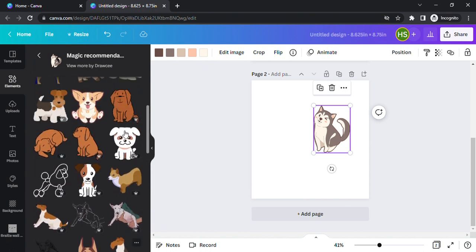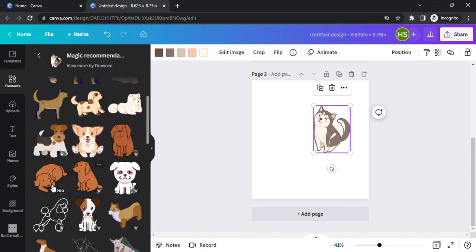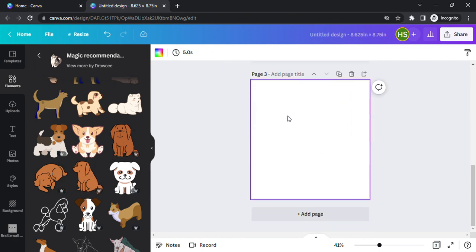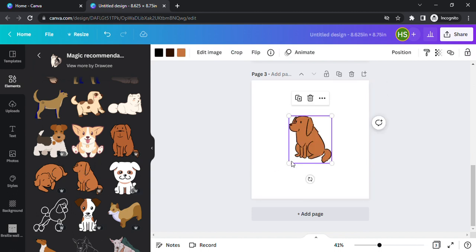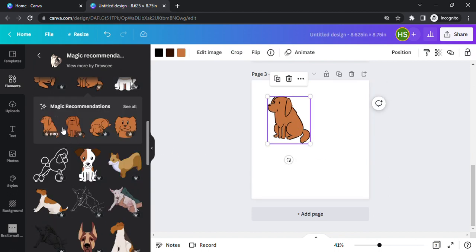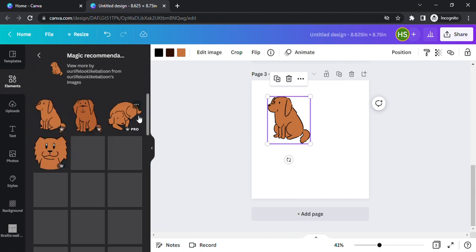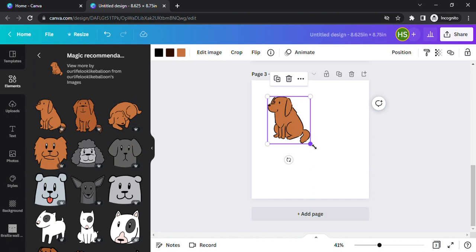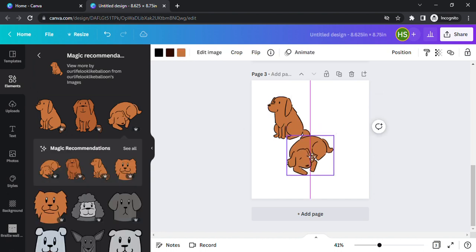I don't find any that quite look like this guy, but I do notice some images here that look like they might be the same dog, but in different poses, here, here, and here. So let's see if we can add this guy to our casting call. Here's him in kind of a neutral sitting down position, and sure enough, when I click on it, the Magic Recommendations pop up and show me that here he is in a bunch of different poses. So I could have him sitting, I could have him sleeping,